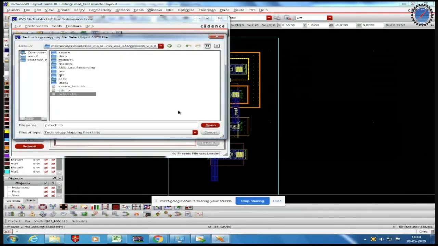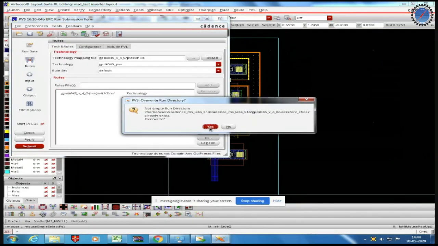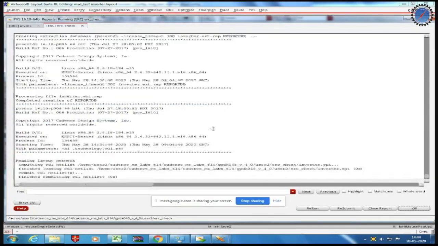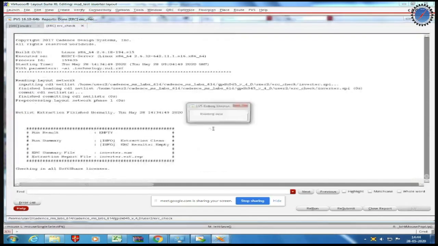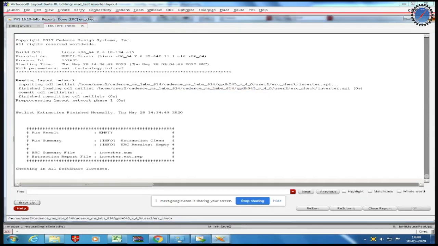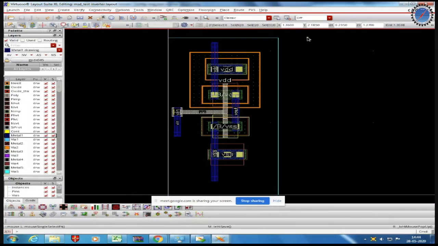Choose the technology library as pvtech.lib and click on submit. So here we get the results as ERC check is complete and there are no errors found. So this is the procedure to perform DRC and ERC in 45 nanometer technology.